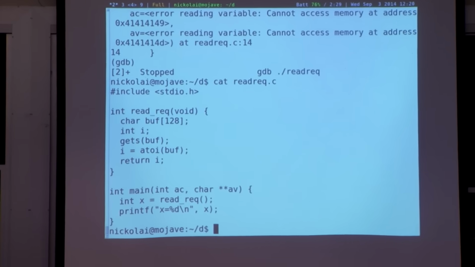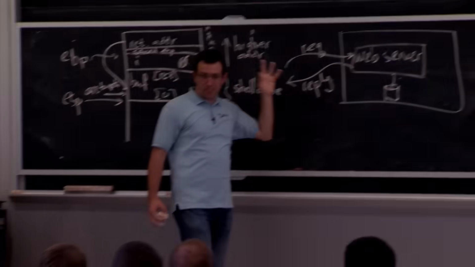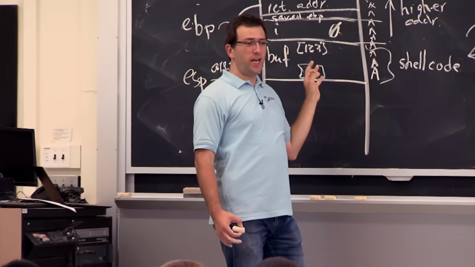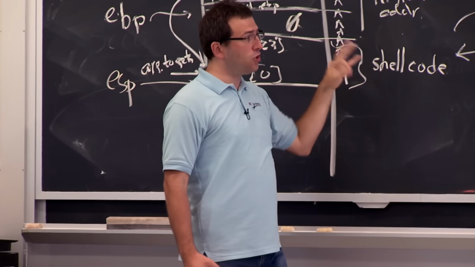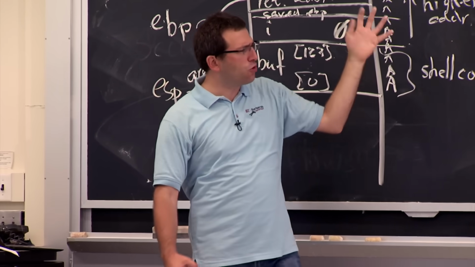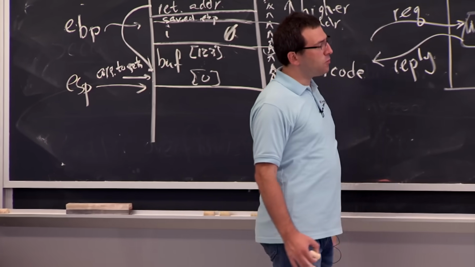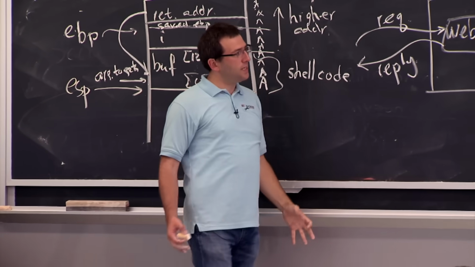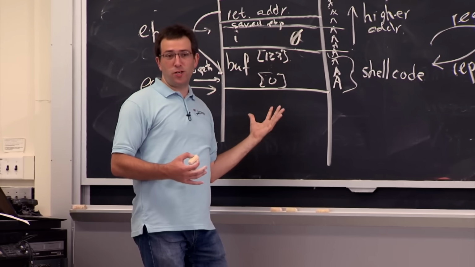In this particular case, it's kind of boring. It just prints X and crashes. But in other situations, you might have other pieces of code in your program that are doing interesting stuff that you really do want to execute. And that's called return to libc attacks, again, for somewhat historical reasons. But it is a way to bypass these security measures.